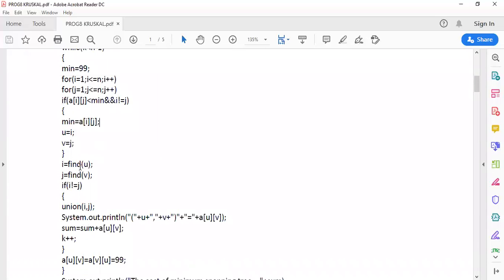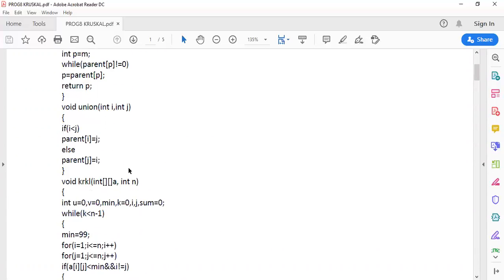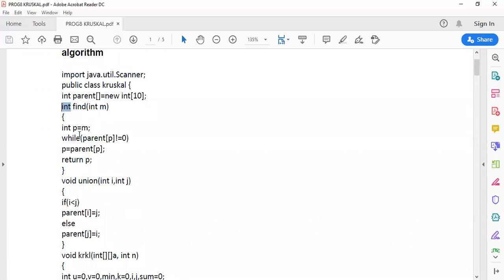Now, when you call the find algorithm with U as 1, it goes to this particular algorithm here. And when it goes here, you see an array called parent, and all the values are initialized to 0. Still we are in the initial condition, and vertex 1 has not been assigned any parent.